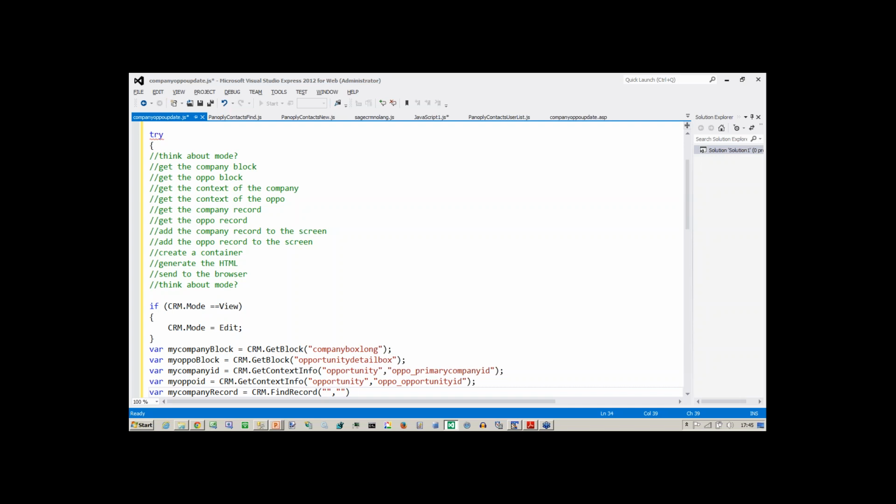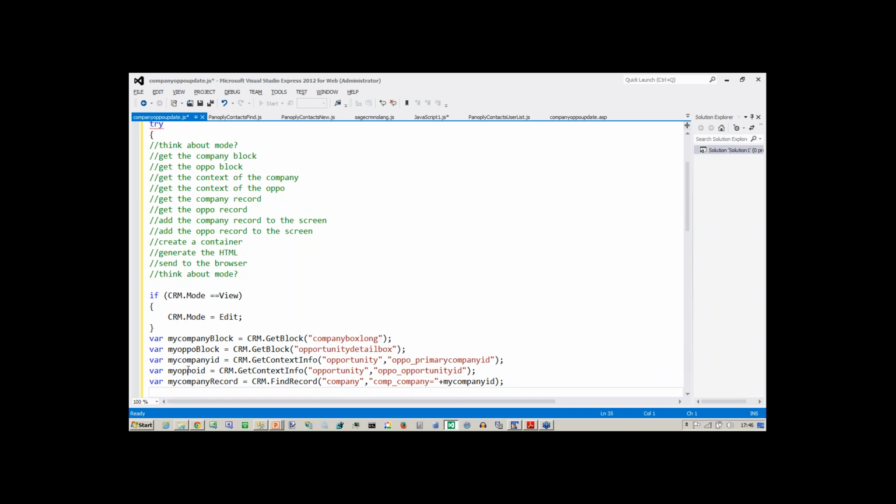FindRecord is going to be going to the company, and we then need to build in our where statement, which is company, and that's going to be comp_companyid is equal to, well, of course, that's equal to my company ID. So I can have a look at my company ID, and that will have retrieved for us there the company record, and my